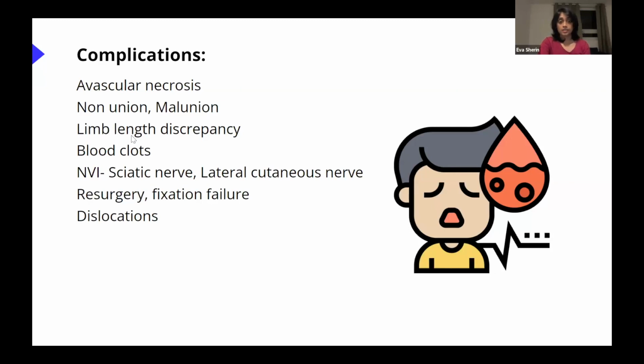Limb length discrepancy is when we use the prosthesis and it might not actually be the same size as the other limb. So the patient might have a bit of limb length discrepancy, maybe like 1 centimeter or 2 centimeters, in which case you will tell them beforehand that this is a likely possibility. And also you could always give them boots with a bit of height on the other side